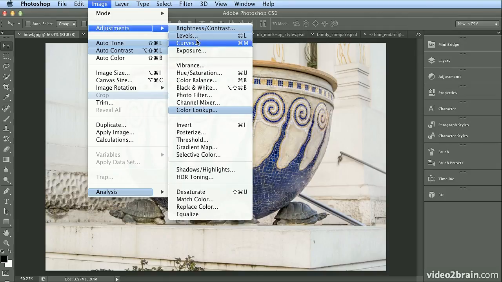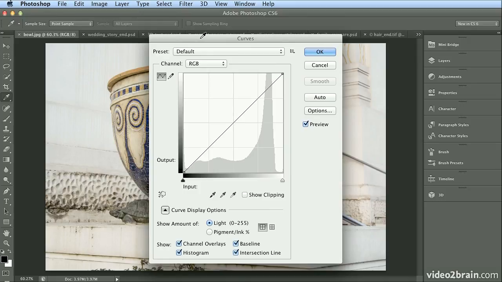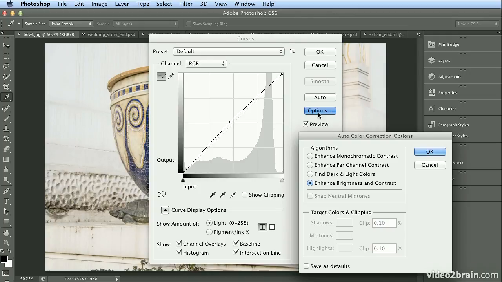And in fact, in the menus, anything highlighted in blue has been improved or has new features to it. So if I choose Curves, in the Curves dialog, there's a new option under Options. And if I click Options, for the first time ever, they are now plotting points on the curve when you do automatic settings. I could switch to Enhance the monochromatic contrast, Enhance per channel, adjusting the red, green, and blue on this image, find the darkest and lightest colors, and you could see in the background how this is affecting